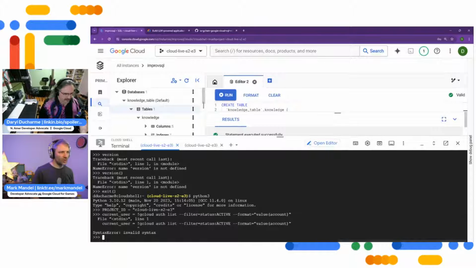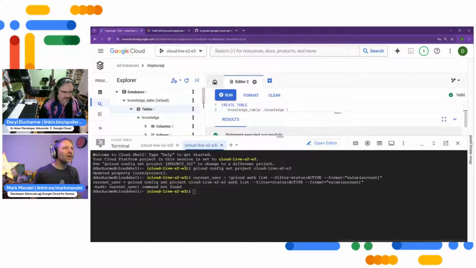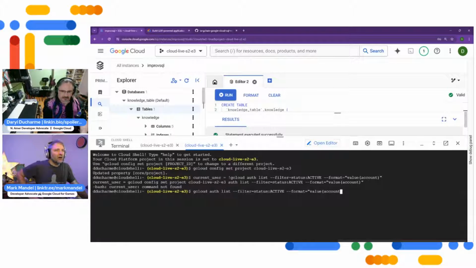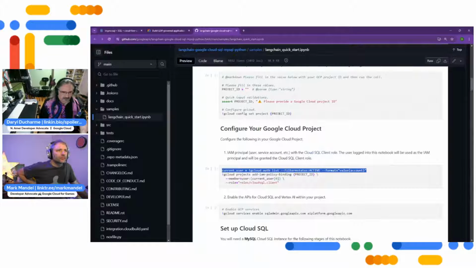Or do you want to just take the gcloud thing and put it somewhere? Yeah. Why do you need your current user? Because it's what it's trying. Well, we'll do it outside of this, because what it's trying to do is make sure I have the right permissions for something. So. Okay, yeah, that's what I thought it was. So now we're going to. Oh,